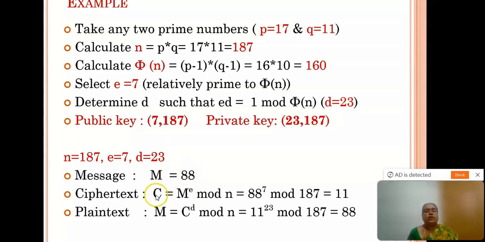From this, you calculate the ciphertext C. C is equal to the message raised to the power of E, the encryption key, mod N. That is M, 88, raised to the power of the encryption key E, 7, mod N, 187, which leads to 11. Then you transfer this 11 as the ciphertext and the receiver receives 11 as the input. Then from 11 he can calculate the plain text M by using the formula M is equal to C, the ciphertext, raised to the power of the decryption key, mod N. So that is equal to 11 raised to the power of 23 mod 187, that is equal to, if you compute this value,